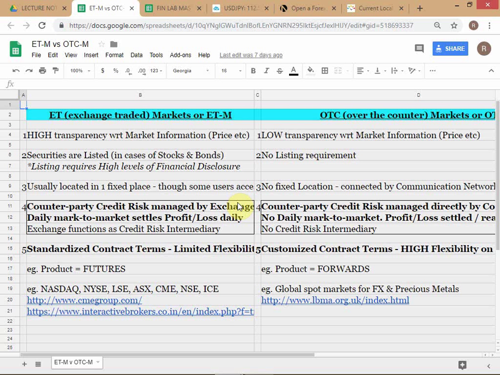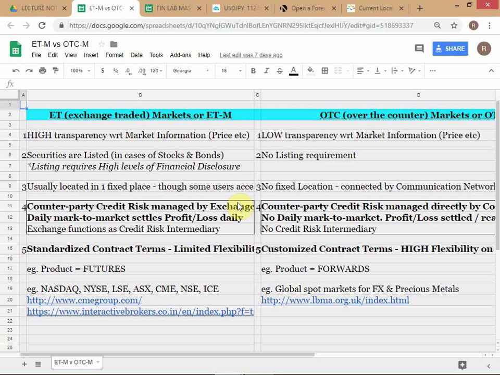So the point is, in OTC markets, credit risk has to be managed by each counterparty with the other counterparty. So if you're dealing with a shady bank, then you will make sure that you don't have very large limits. You don't do large transactions with some bank which is kind of shady, okay? Where maybe you're not sure whether the bank will survive or not. Like right now, there's a lot of clouds over Deutsche Bank. So this is one of the problems that people face when they have questions about credit quality.